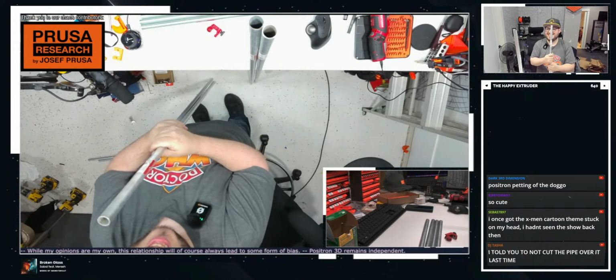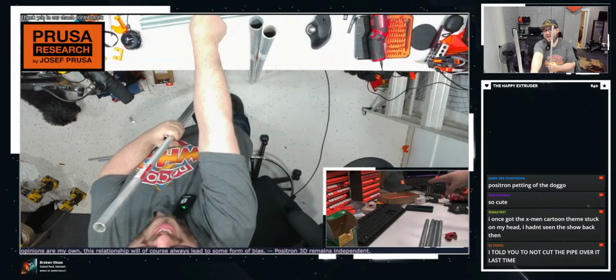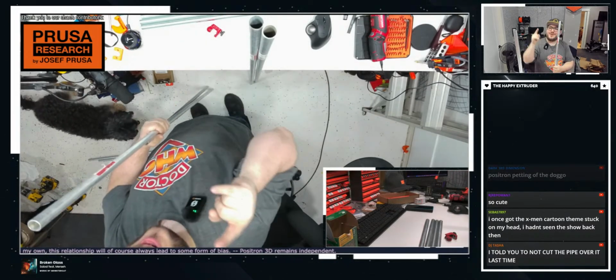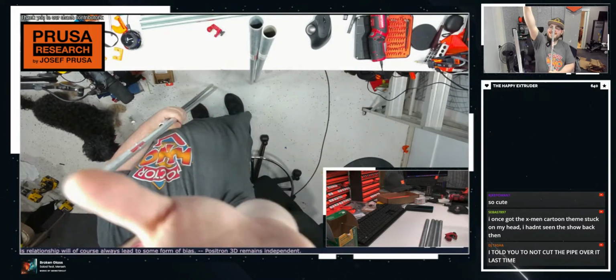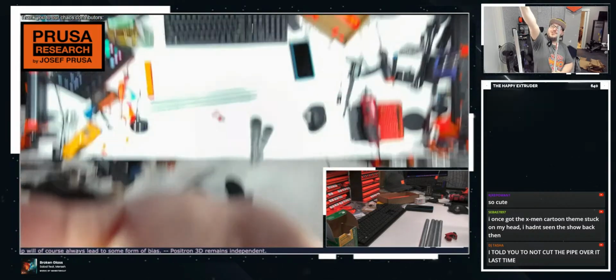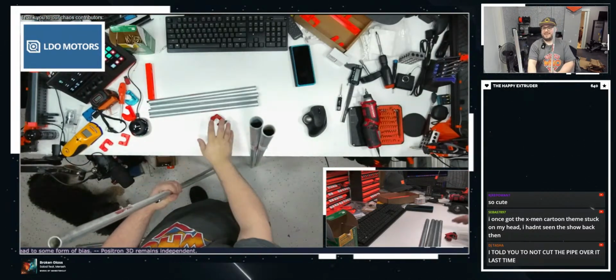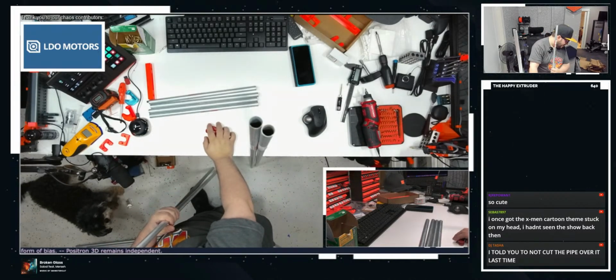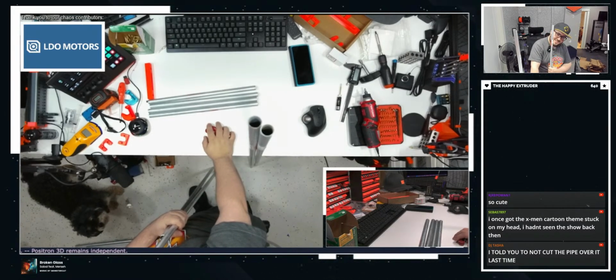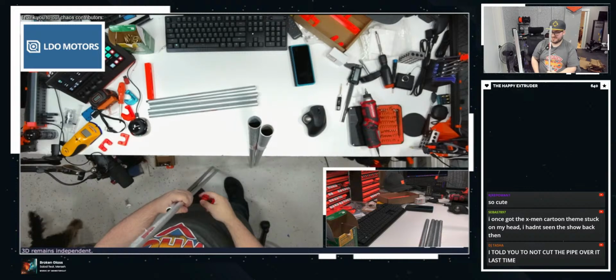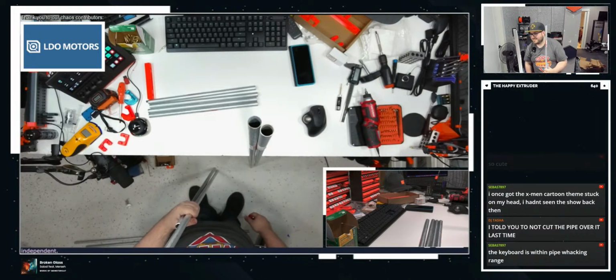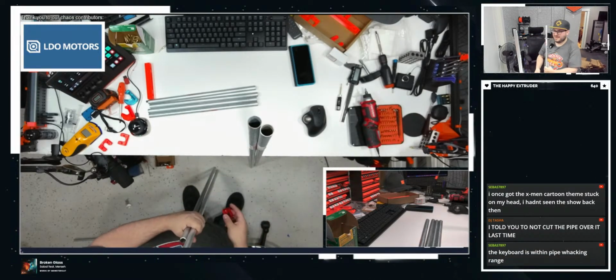I told you not to cut the pipe. It's over there. I wasn't expecting that to happen. Right, Lou? Right, Lulu? Yeah, Lulu agrees. The keyboard is within pipe whacking range.